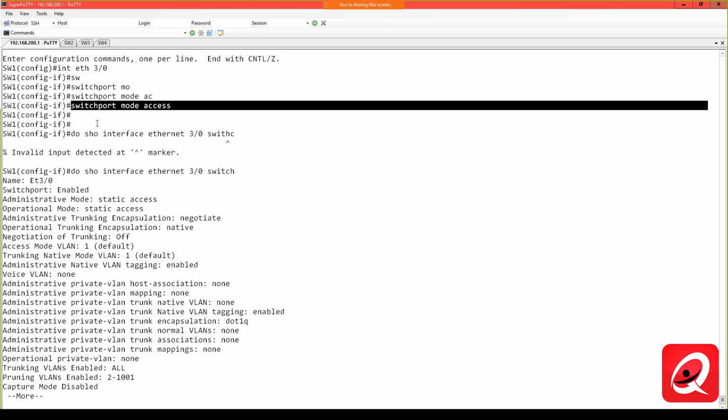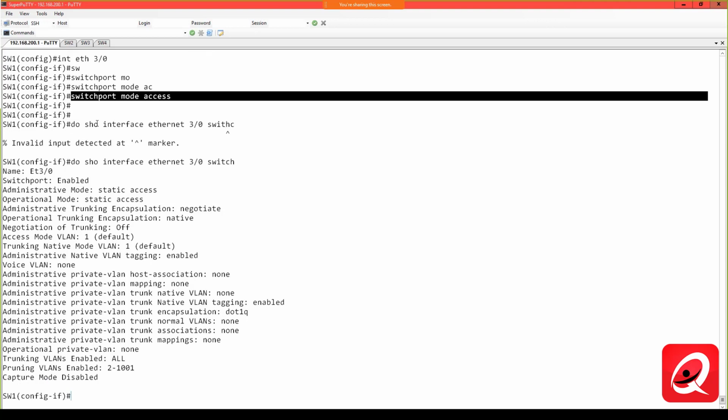It's not to make the port an access port, because a port that doesn't negotiate DTP, just simply because it doesn't get DTP messages, will automatically revert back to an access port anyway. So you can assign a VLAN to an interface without statically disabling DTP, and that port can still be an access port. So if you run switchport mode access, that's going to disable that DTP functionality on that interface. The other option you have,